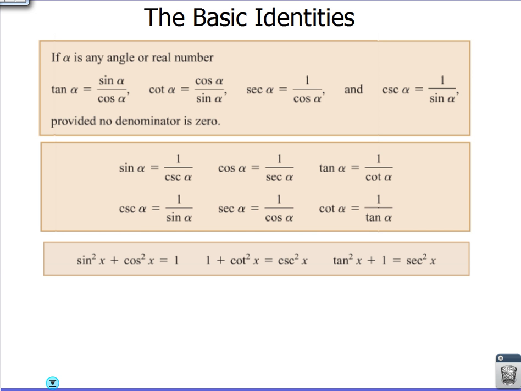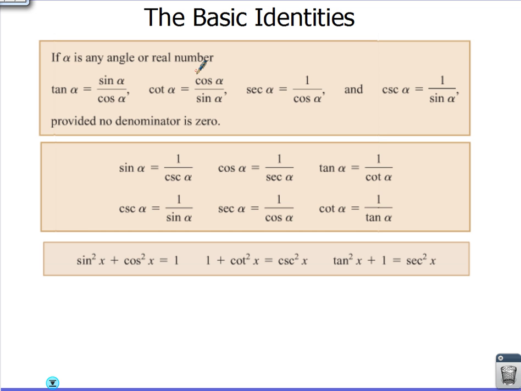Okay, here we go. Your first sets of identities. Some of these we discussed last chapter, like your reciprocal identities, those first few. You got a couple of reciprocals there. Don't worry about if alpha is any integer or real. Just the biggest thing to know, anytime you're dealing with tangent, tangent is the same thing as